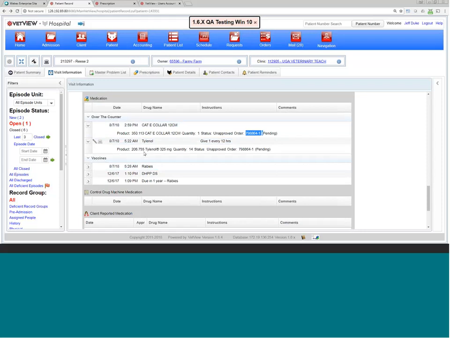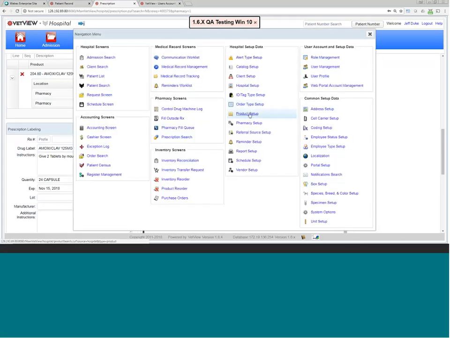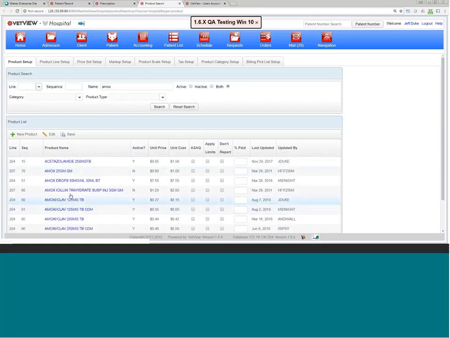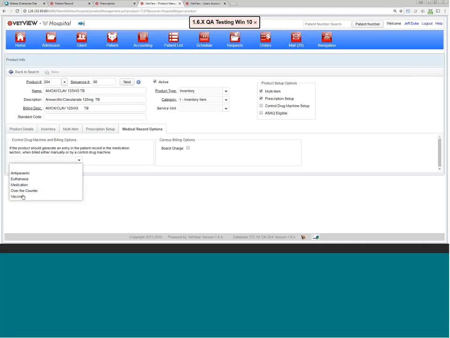All right. How do we designate what's an OT over-the-counter? Back in the product setup, you can flag those different things. In your medical record options here, you can set what kind of product it is. Okay. Antiparasitic, euthanasia, medication, over-the-counter, vaccine, and that will filter what you can pick there,